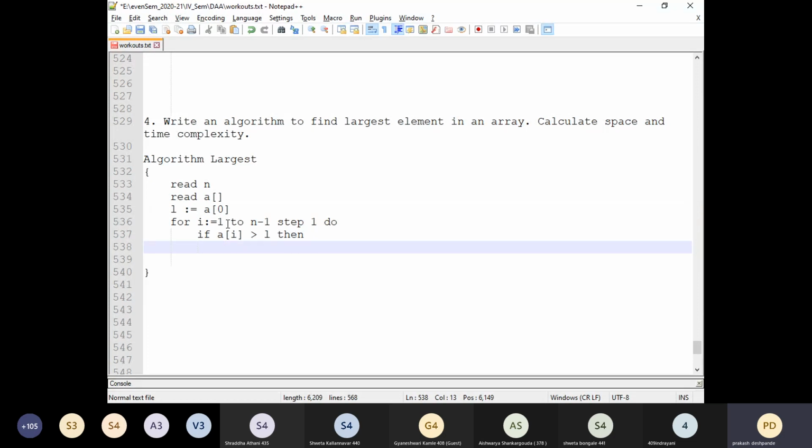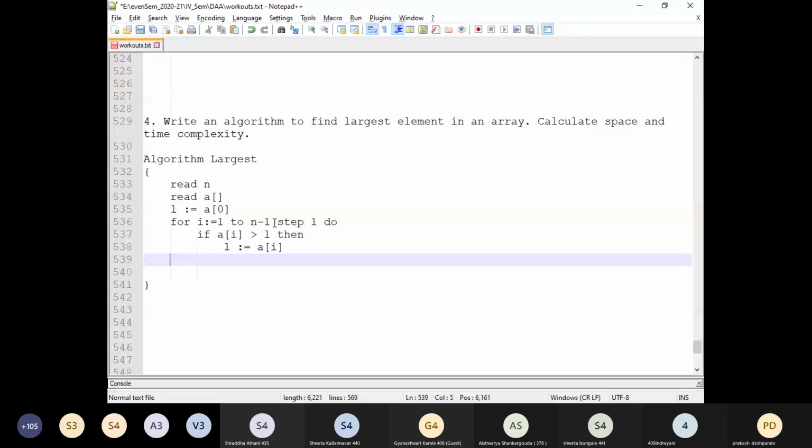So L is equal to A of I. Once this for loop repeats from 1 to the last element, we will get the largest element, which is stored in the variable L. So here we can simply write the largest element L.